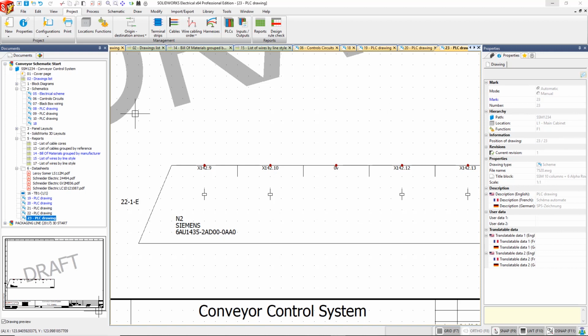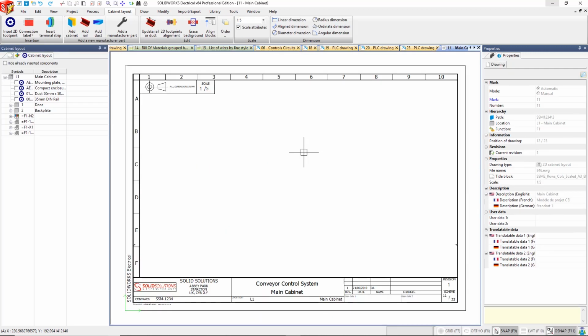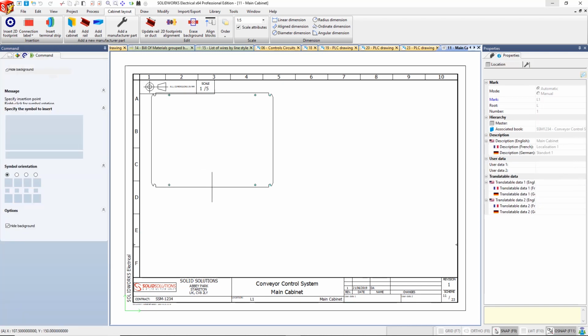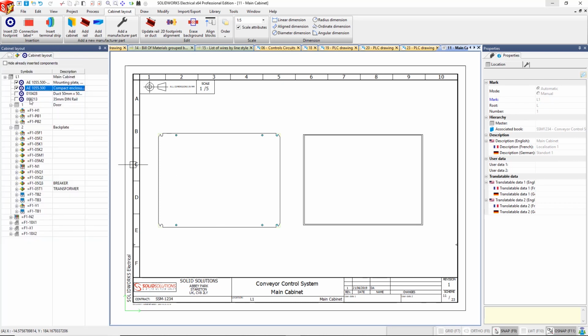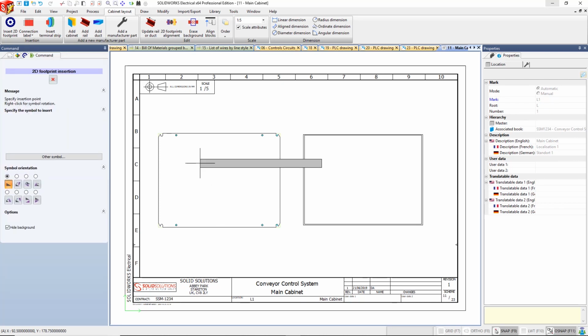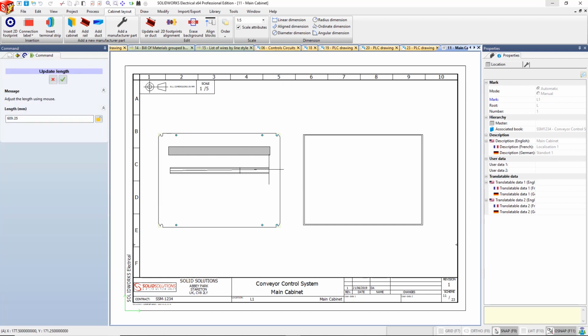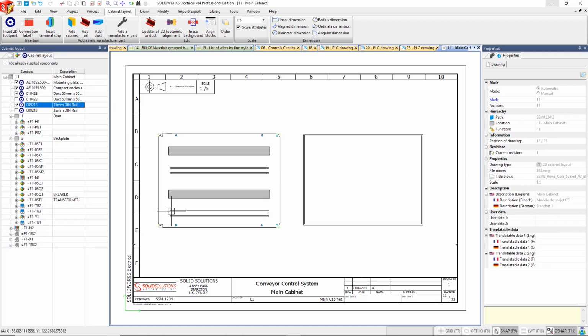Within SolidWorks Electrical Schematics, we also have the capability of doing panel layouts. So based on what's within the project, you can actually work through a list of components from the project and insert them on a 2D drawing sheet which is scaled. So I can place down my backplate and my door. I can place down some ducting as well, either typing in an exact length or just doing it by eye. I could do vertical ducts as well, but for simplicity, I'll just copy and paste the horizontal information.